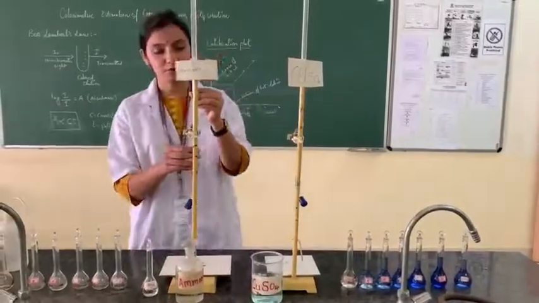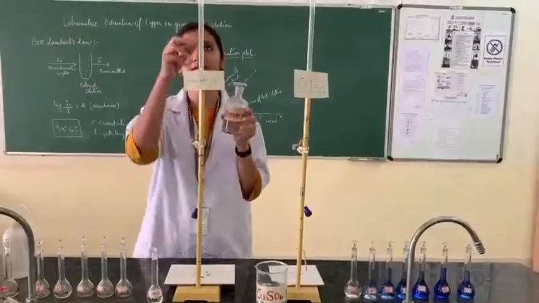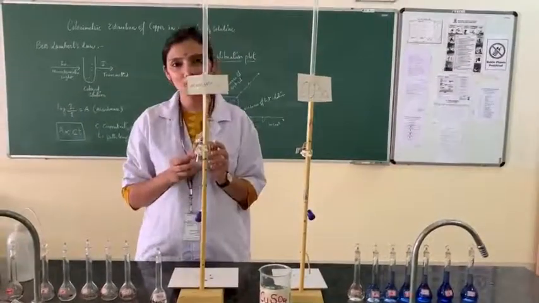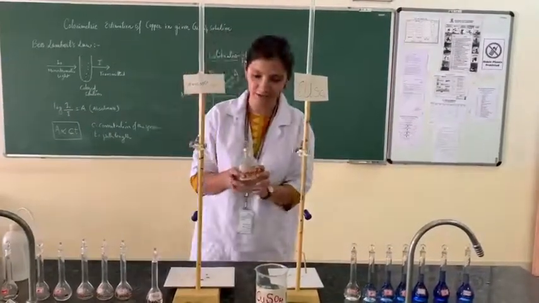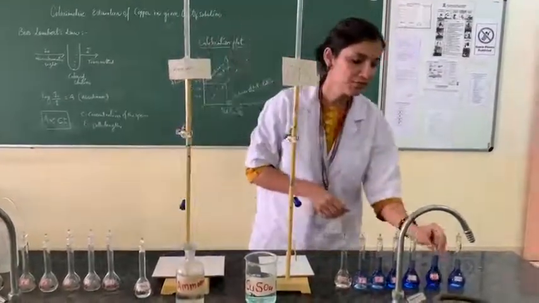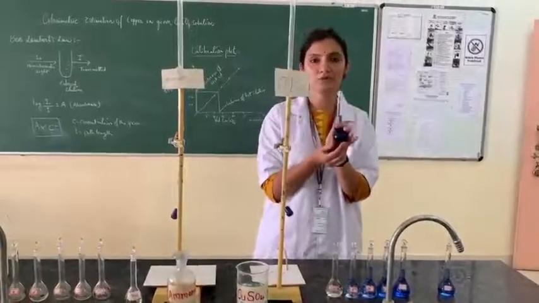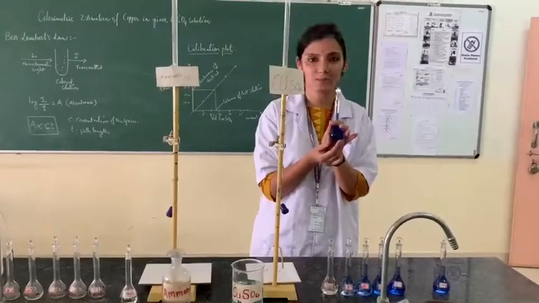The other burette is meant for ammonia. You need to fill this burette with ammonia till the 0 mark. Here ammonia acts as a complexing agent. When you add this ammonia to your copper sulfate solution, you will find that the color changes to deep blue. This is due to the formation of a complex known as the cuprammonium complex.